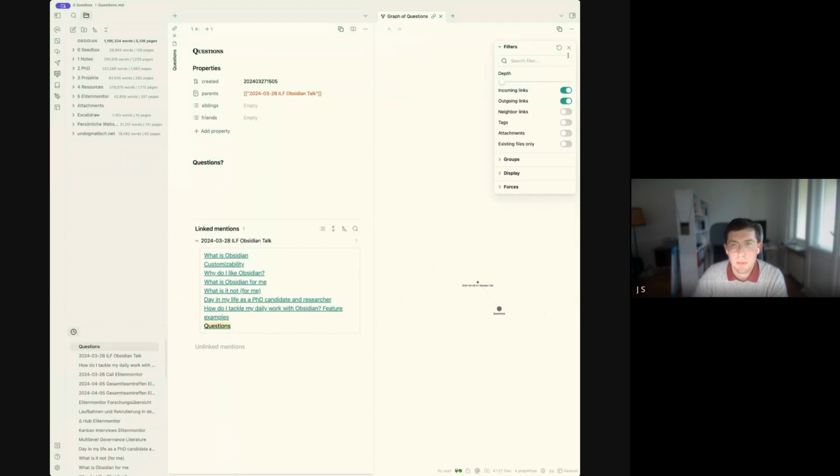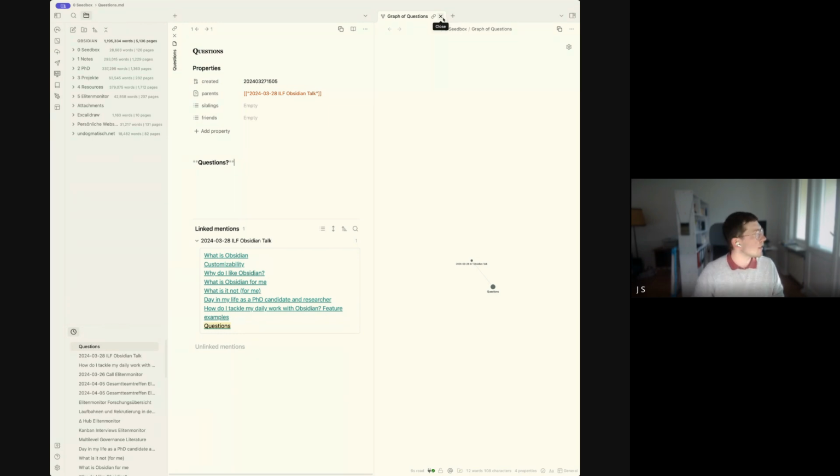So this might be helpful for people who think more visually, or who like to see the connections, and maybe also work a bit differently than I do. For example, if you split a topic into many different separate files, then I think this could be useful, because then you can see all the connections. And if you then write about this topic, it could be helpful to see